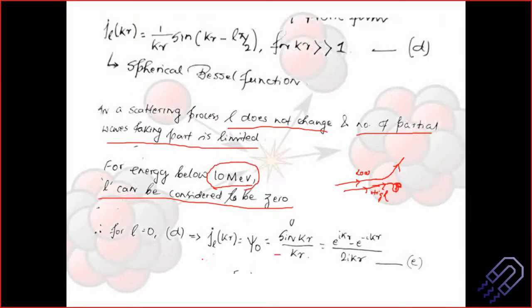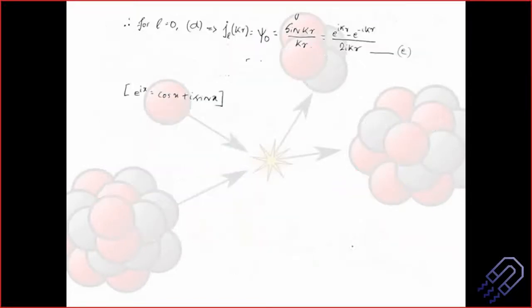If we just consider this L to be 0, this J_L(kr) can get modified. We already have the equations here. If we consider L to be 0, this part will become 0, right? If this part becomes 0, we just have sin(kr) divided by kr. So this is sin(kr) divided by kr, and then we can also write it down in this way. I hope all of you remember this. Maybe we can do a quick run through here. This is the equation we have.